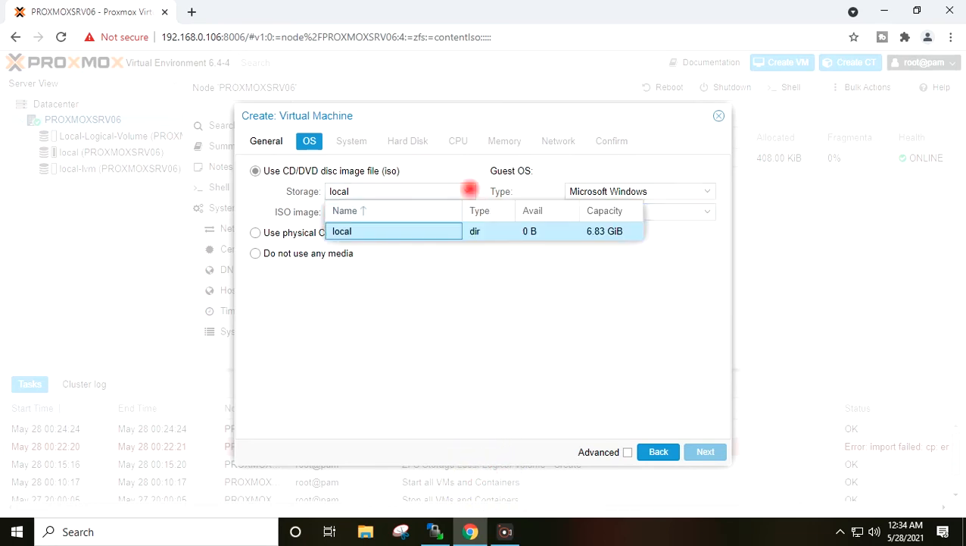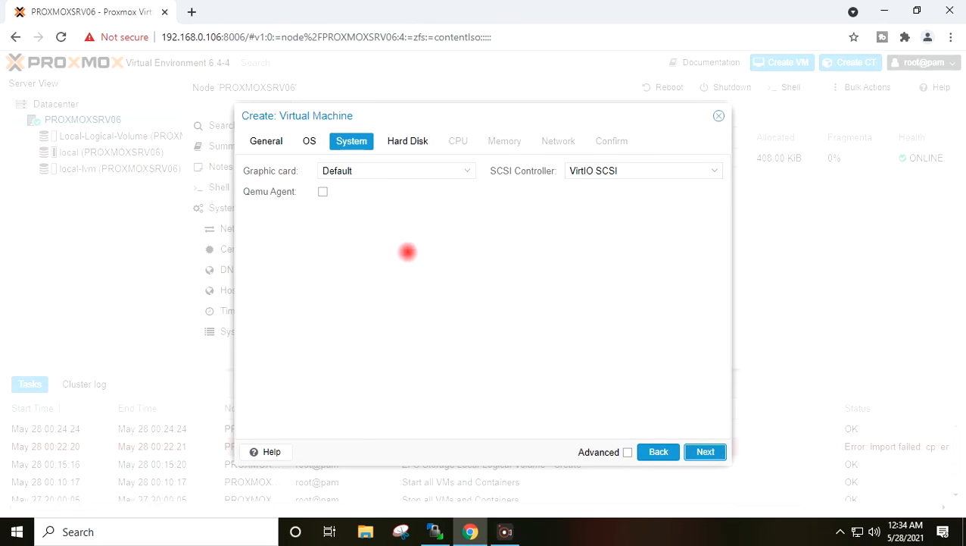Here you can see default local storage volume of the Proxmox is selected. In the ISO drop down, I will select the Windows 10 ISO. Next, I will tick here on the QEMU agent. Next,